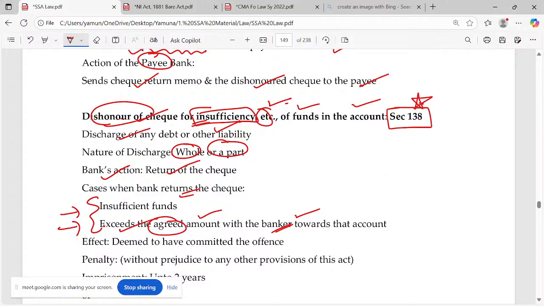Probably நீங்க பேங்க் அக்கௌண்ட் ஓபன் பண்ணும்போது, ஒரு particular situation-ல might have told that you should not pay a check more than 5 lakh. Probably companies இதெல்லாம் பண்ணுவாங்க, ஏன்னா more than 5 lakh-ல ரெண்டு மூணு signature வேணும், director-ஓட signature. இந்த மாதிரி வச்சிருப்பாங்க. So more than 5 lakh வச்சு யாராவது check கொண்டு வந்தாங்கன்னா you should not honor சொல்லி போட்டுருப்பாங்க, மறந்தே போயிடும். Then you are presenting a check, the other person is presenting a check, அதுல 5 lakhs இல்ல 6 lakhs இருக்குன்னு வச்சுக்கோங்களேன், the check will be dishonored. That's not because of insufficient funds. That's because you have directed the banker not to give that amount if it exceeds 5 lakhs. Okay, double cautious are companies.